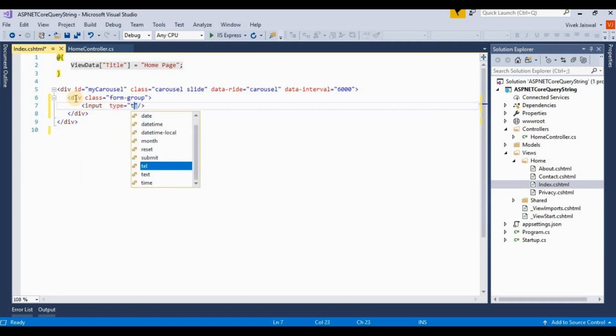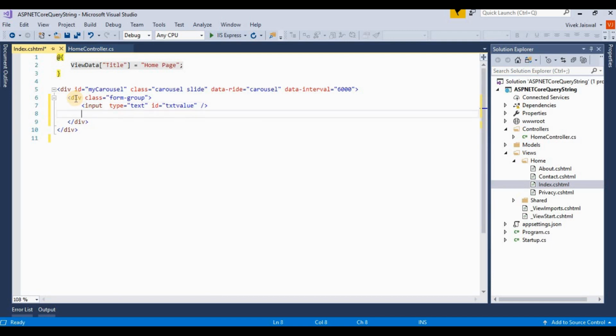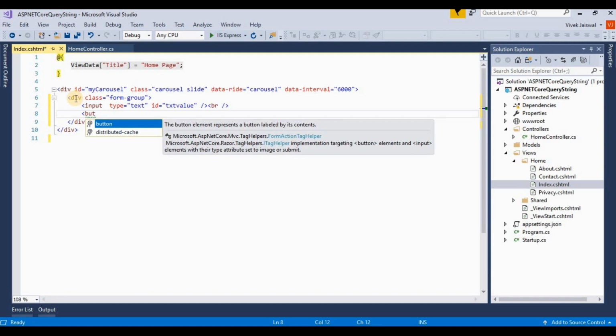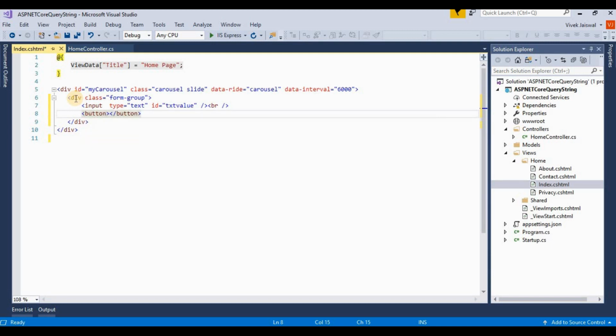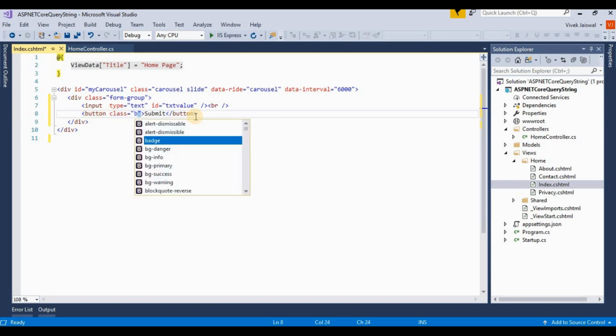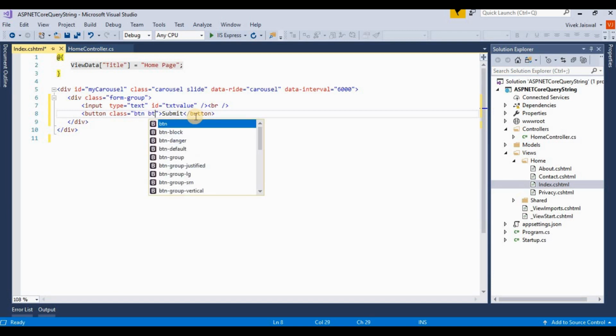Its type is equal to text, and then its id is txtValue, and then one button for redirecting, like a submit button, with bootstrap classes btn, btn-primary.